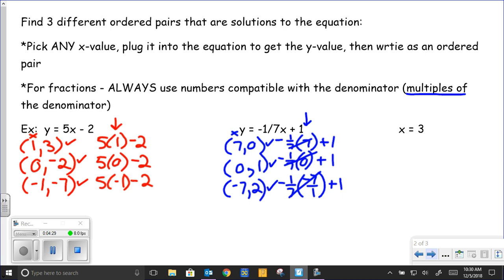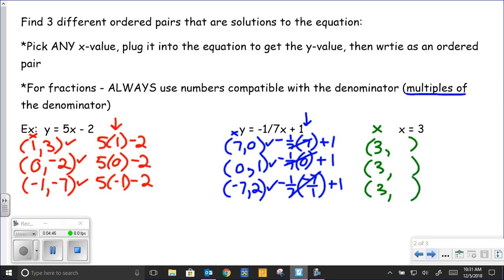Now this one is a little tricky. This tends to throw people. What we're saying here is that x is equal to 3. So if x equals 3, that literally means that every single time I have an x value of 3,